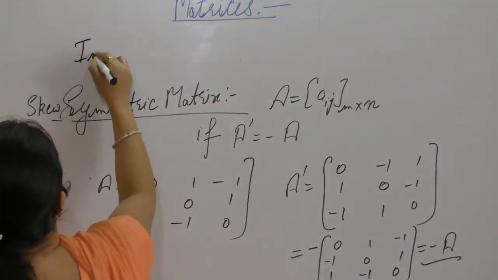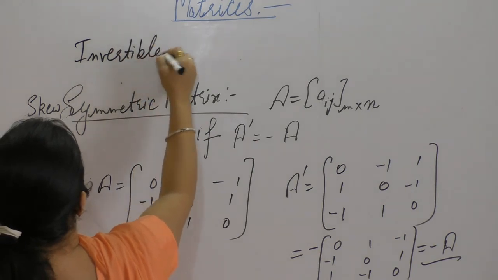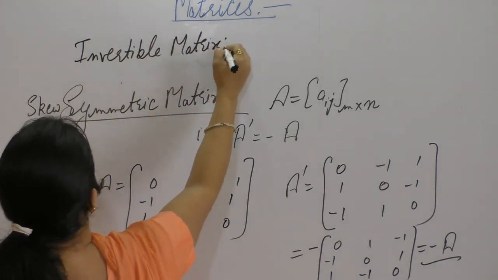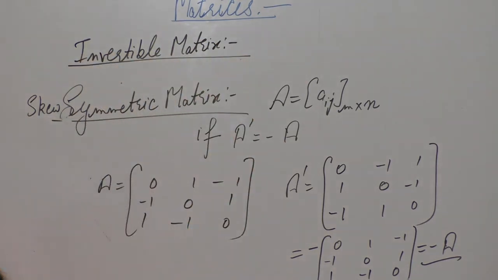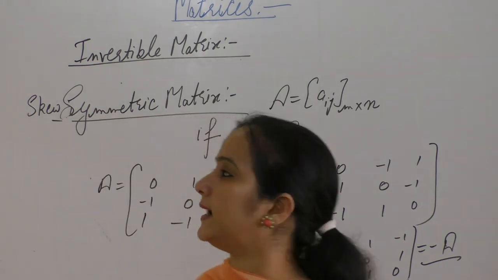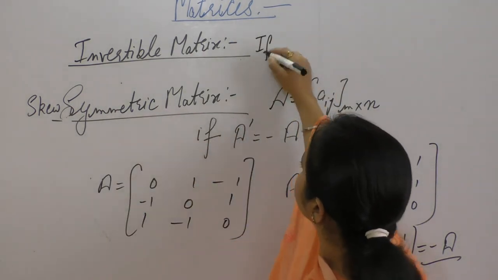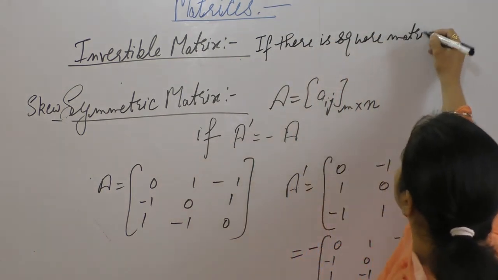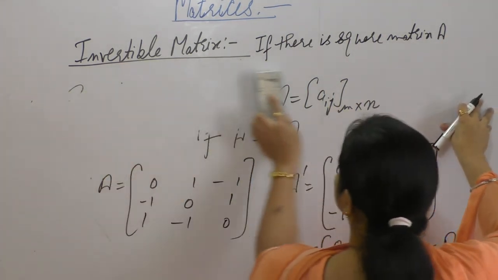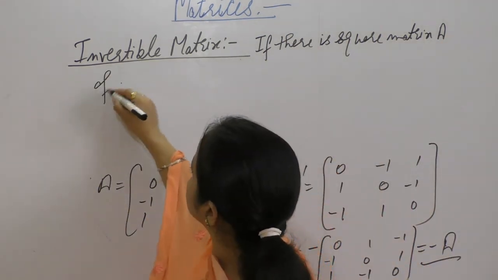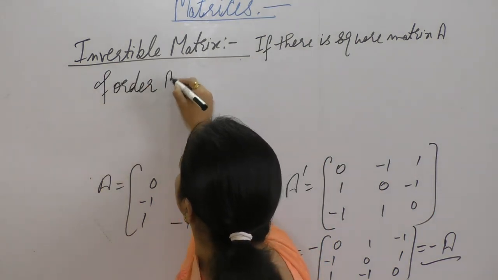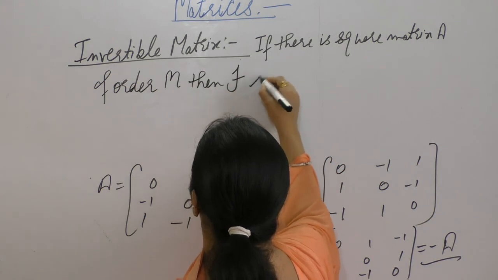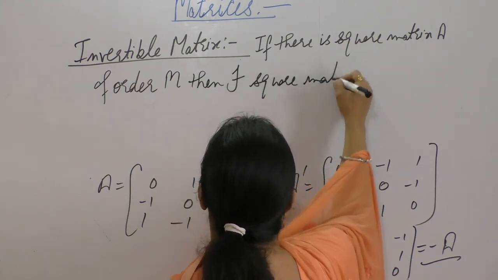Next one is invertible matrix. If there is a square matrix A of order m, then there exists a square matrix B of